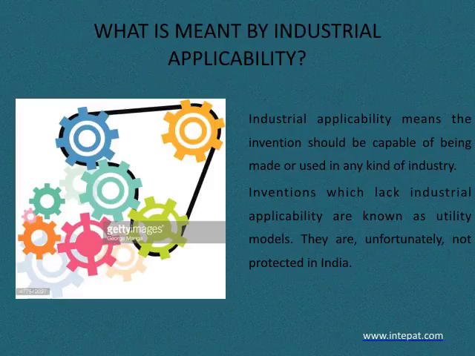Now coming to inventive step. Inventive step means that your invention, whatever the process or the product is, should add to the existing technology that is present. It should not merely make use of the present technology. For example, consider a pen which has a torch at the tip of it. The torch is a complete invention in itself. The pen is a complete invention in itself. You cannot combine both of them and come up with a new invention, a pen that has a torch on the top of it, because it does not add to the existing technology present. However, if you come up with something else, like a 3D pen for that matter, that would be an invention